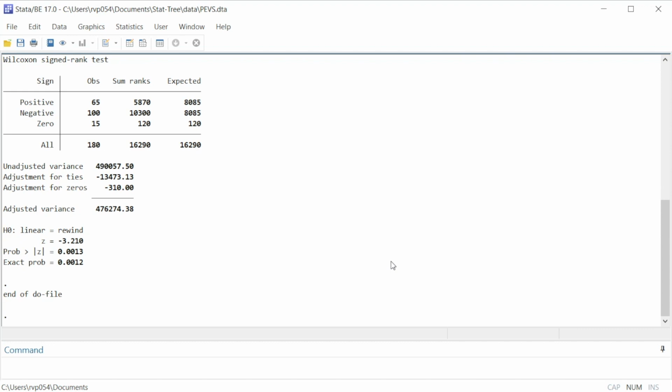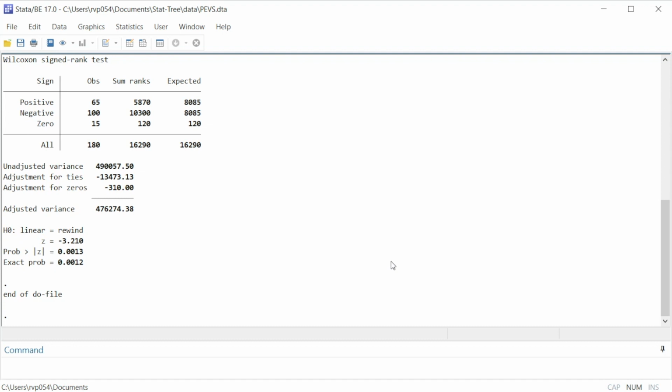As with all statistical tests, the first result to look for is the significance figure associated with the test score. If the significance figure meets your preset criterion, you will need to report your test results in your research paper. You will find that significance figure here. In this test, we have met our significance criterion for a difference between the linear viewing and rewind and review. Here is your test result.